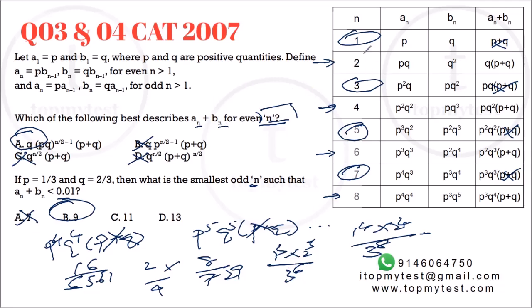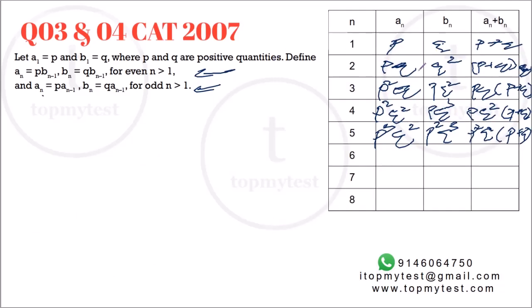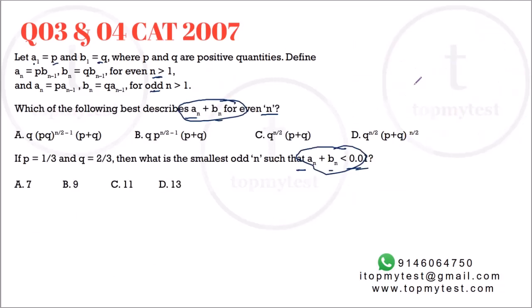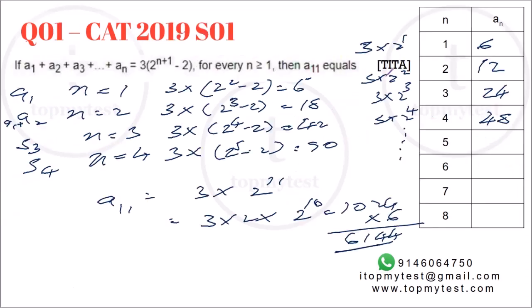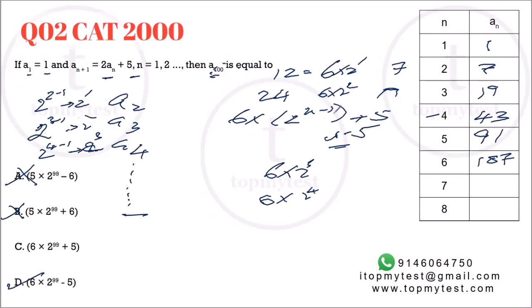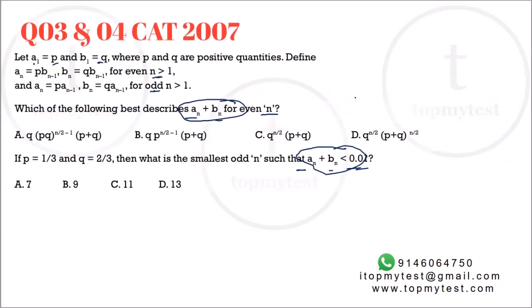Key point was basically holding your nerve and propagate the series as per what is given in the question. If you hold your nerve for about 1.5 minutes, right, the question will solve itself. Most of the time the questions will solve itself. Another key learning from this is CAT basically repeats the type of questions. In fact, the type of questions which come up in CAT are basically a set type of pattern, especially in the maths one. So the best way to prepare for CAT maths is basically look at past CAT question papers.